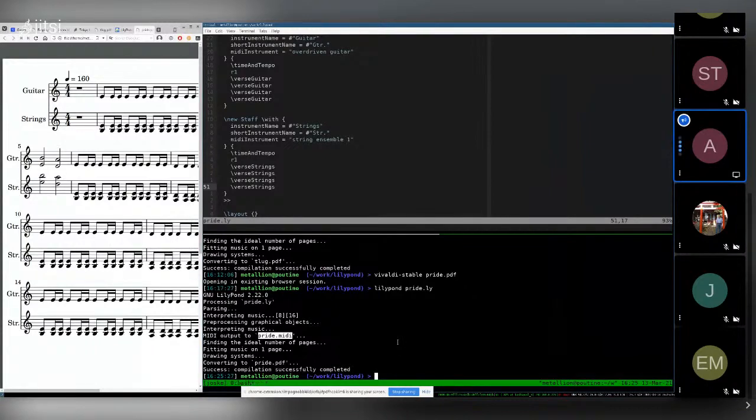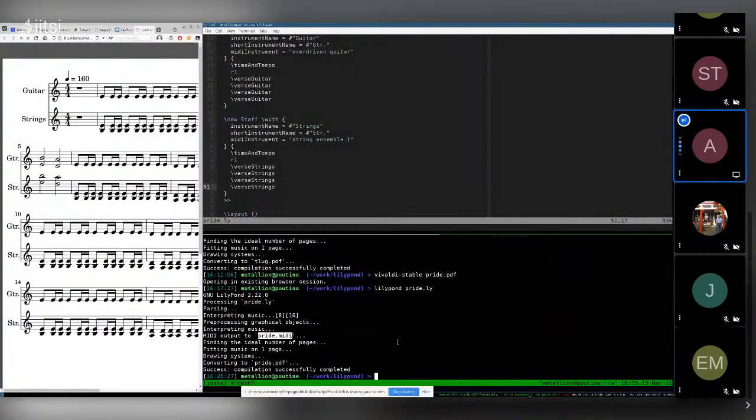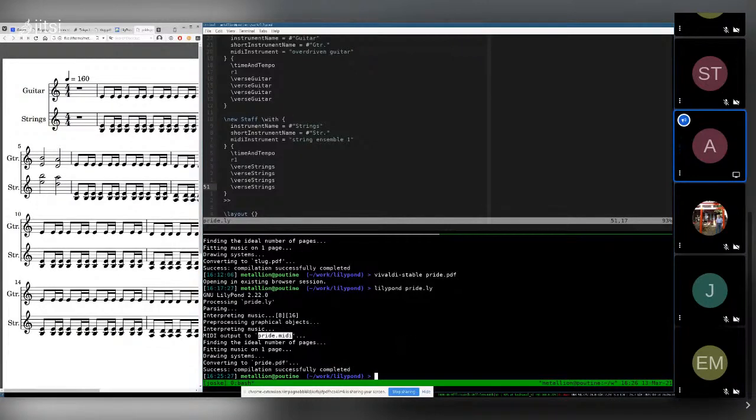MIDI is basically an electronic representation of music. It's not a sound file, but it's a set of instructions. It says play this note on this instrument for this amount of time at this volume. Basically, if you have a piano keyboard at home and it's not a real piano, it's an electronic one, that's actually what's called a MIDI interface. Pushing down a key on there sends a MIDI command to probably an internal little embedded chip, which then outputs a sound to the speakers using a sound font.